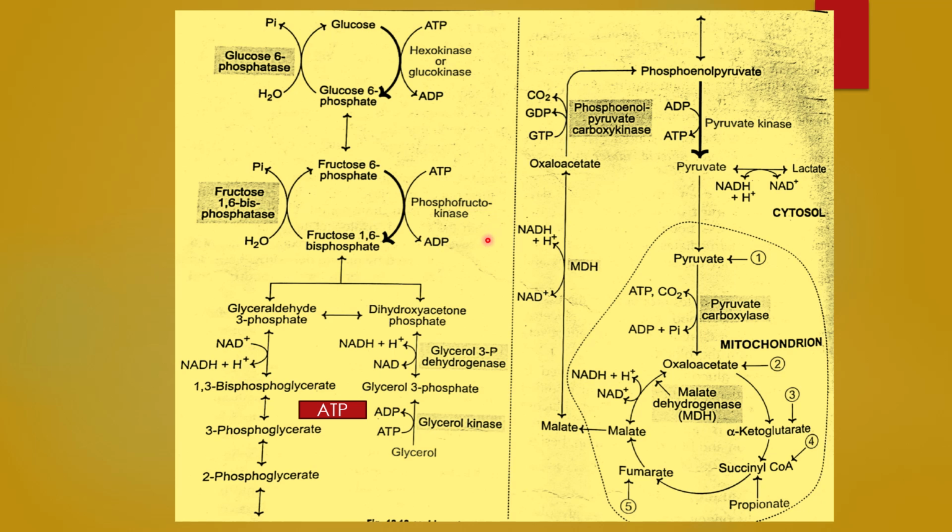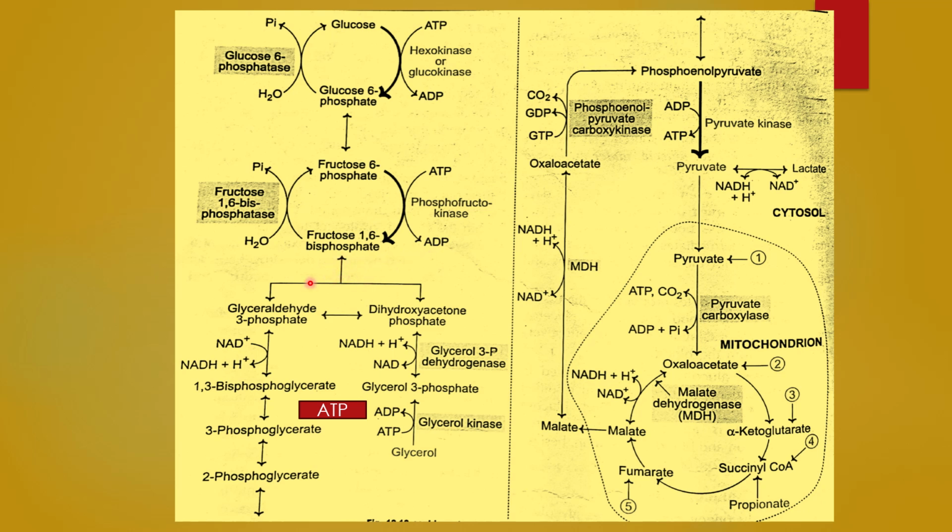So, a more clear account of gluconeogenesis and glycolysis. Let's see, we have already seen glycolysis, a very important pathway for generation of pyruvate or lactate right from glucose. You can see it here: glucose to glucose 6-phosphate, where hexokinase is there, or sometimes glucokinase. Then glucose 6-phosphate to fructose 6-phosphate, then fructose 6-phosphate to fructose 1,6-bisphosphate, then fructose 1,6-bisphosphate is mediated by